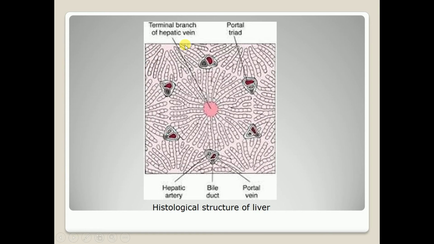Here is one lobule and this is another lobule. The space found between these lobules is filled with connective tissue which contains branches of bile ducts, lymph vessels, the hepatic artery which supplies blood to the liver, and the hepatic or portal vein which collects blood from the liver. These are the portal canals. These areas appear triangular or trifid-like.